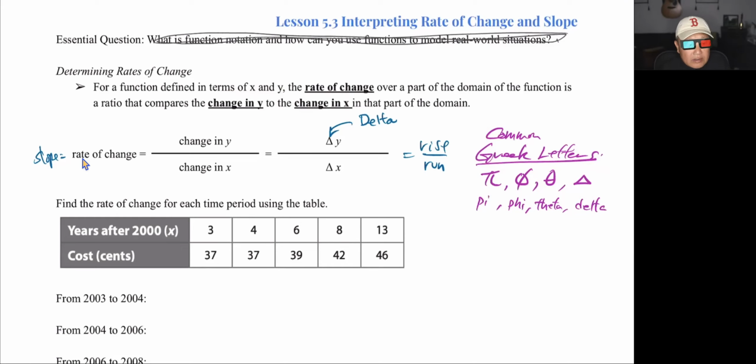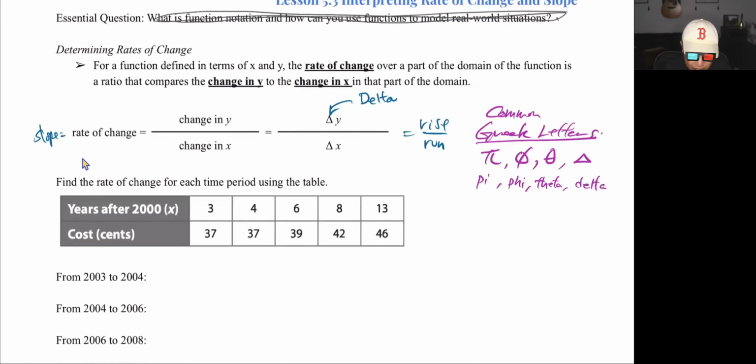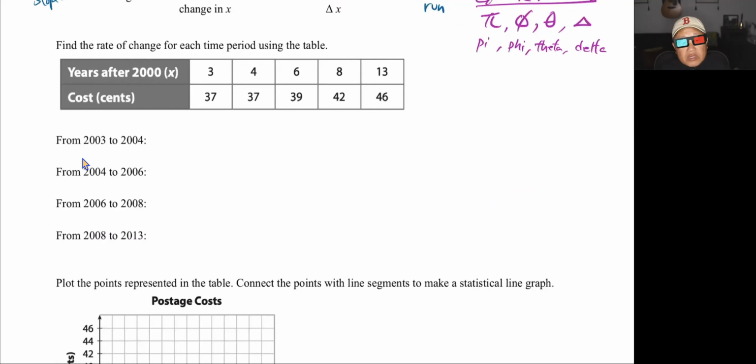Okay? All right, guys. So we will be finding the rate of change, slope, for each time period using the table. So we have over here x. So it's the rate of change over the years, right? There's a number of years after 2000. So that's 2003, 2004, 2013, and so on and so forth, okay? And this right here is the x, and that will be the, what? Domain slash independent variable. Independent variable because